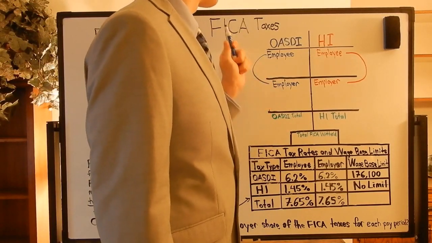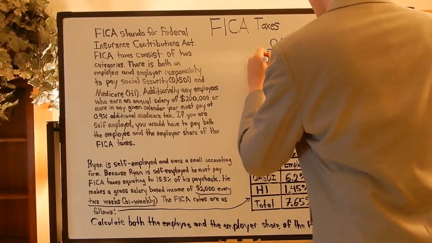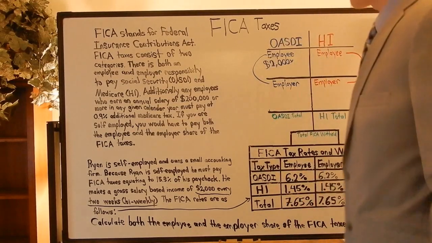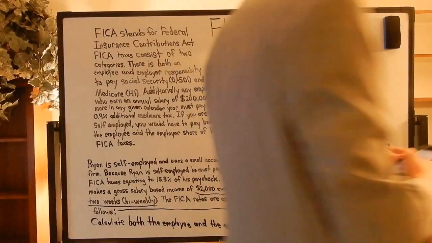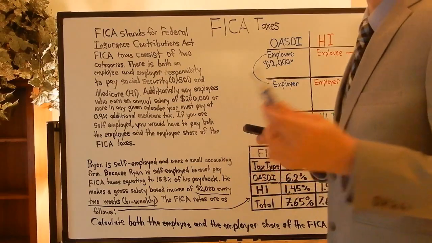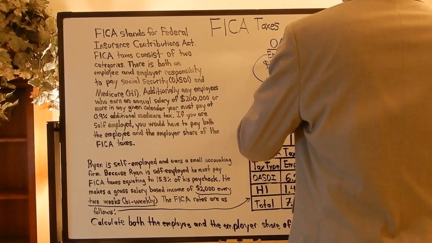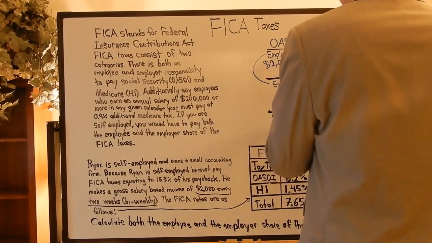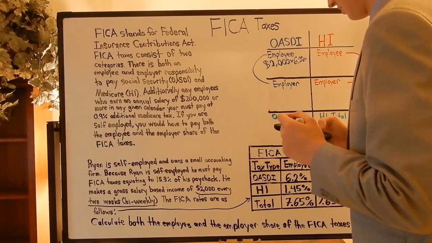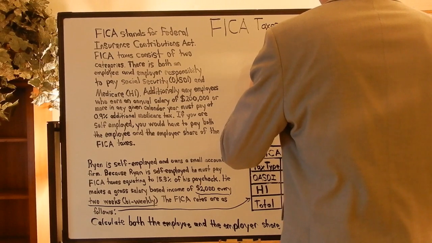So for the employee, I'm going to take $2,000 times, let me grab my calculator, $2,000 times 6.2%. And that equals $124